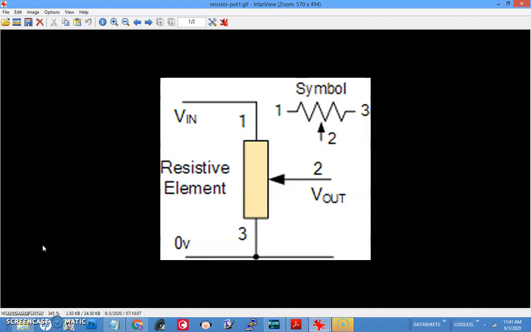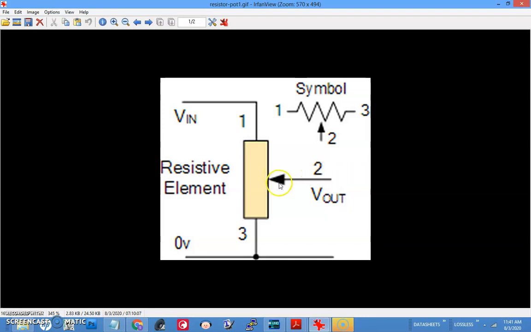Now coming back to the potentiometer, this is the symbol of the potentiometer. This is actually a variable resistor with 3 pins, 1, 2 and 3. Usually pin 3 will be connected to the bottom voltage, which will be ground or 0 voltage, and pin 1 will be connected to the high voltage, the input voltage. In our case, 1 will be connected to 5 volt. And the second is known as the wiper, from which we take the output voltage.